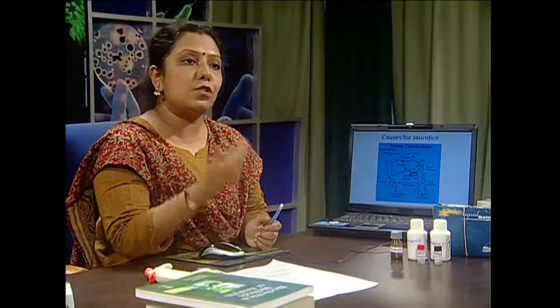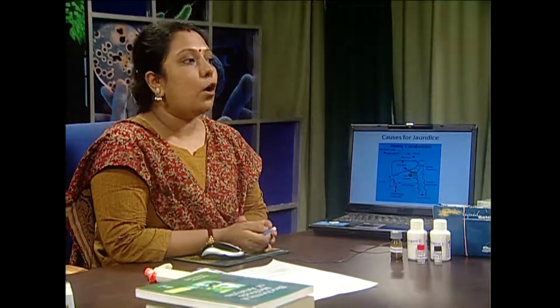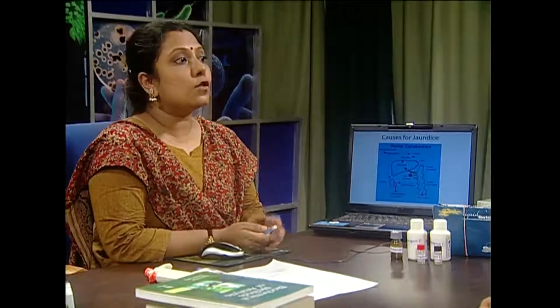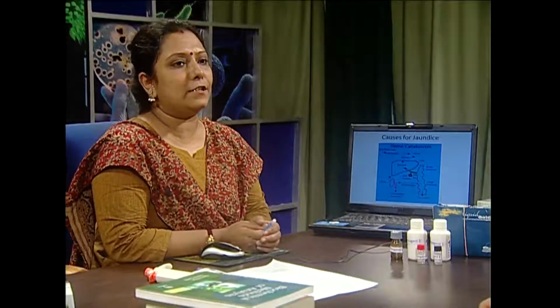If conjugation is not happening because of any sort of toxicity, like cirrhosis of the liver or viral toxicity in case of hepatitis B, the function of the liver is getting impaired. The enzymatic action may be impaired, as we can find in case of Gilbert syndrome as well. So proper conjugation cannot happen. So that is actually toxic hepatitis, viral hepatitis or hepatic jaundice.